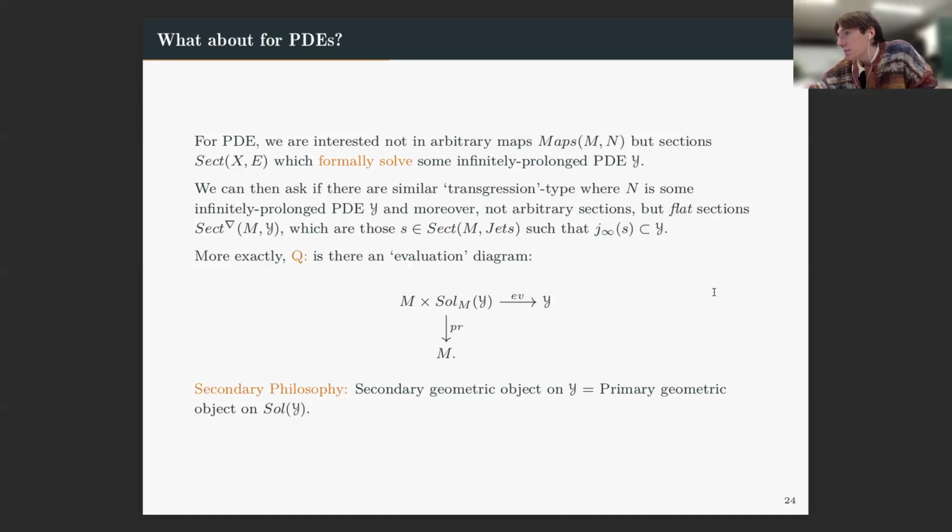And if we have some DG functor of calculus on the DG version of your PDE, under the secondary philosophy, which is that it would be sort of a structure in cohomology, keep in mind that these symplectic forms that we saw before were all elements of cohomology classes of this complex. Does this fit this philosophy? And we see that it gives the primary calculus, structure of calculus on the solution space or the space of sections. And it turns out this actually becomes even somehow more of a canonical feature of PDE geometry,